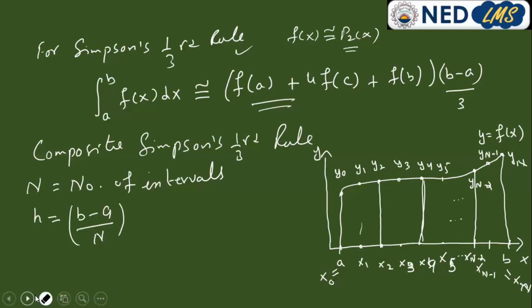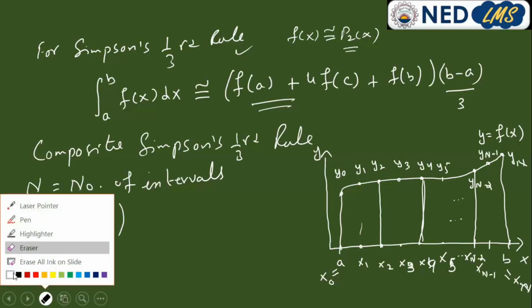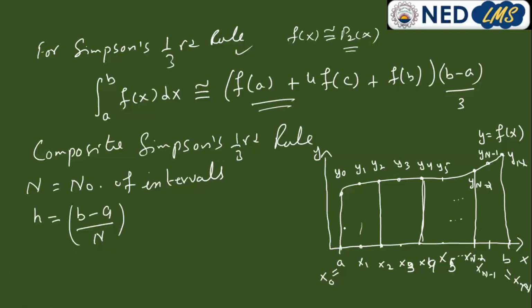Okay. So this is not the part. Okay. So this is one. So what is this region? It's called one panel. Okay. This is called panel. Panel. And one panel is equal to